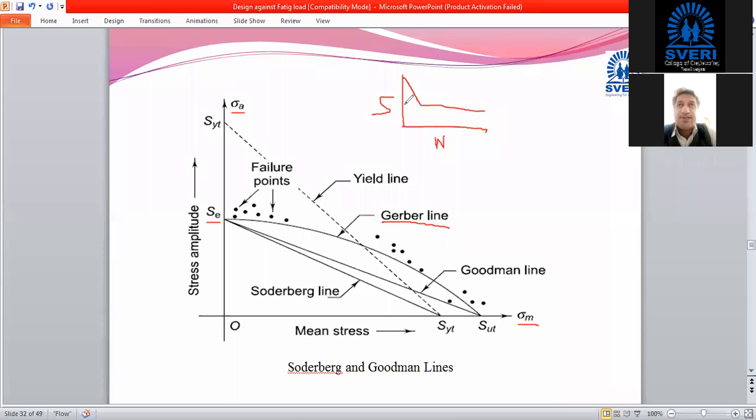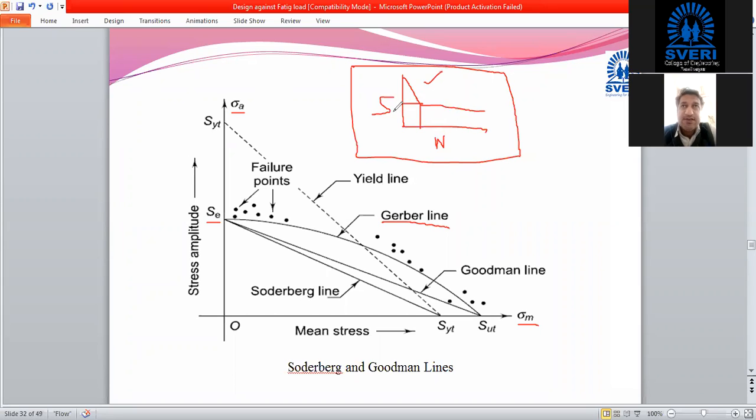After a certain interval of time, the component will have an infinite number of cycles where failure will not occur. For any type of material, the nature of the SN curve remains the same. Values depend upon the material you use, whether it is carbon steel, alloy steel, or some other metal like bronze or aluminum. The values will be different, but the nature will remain the same.